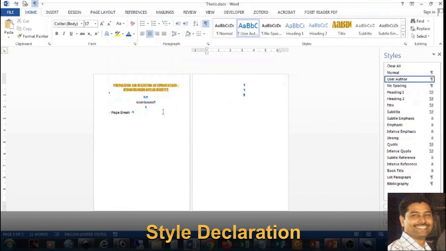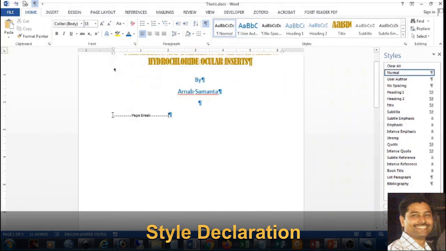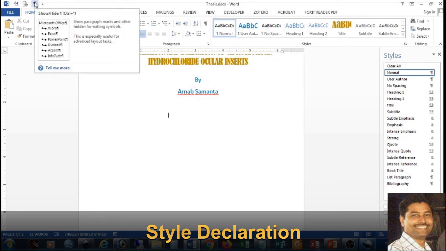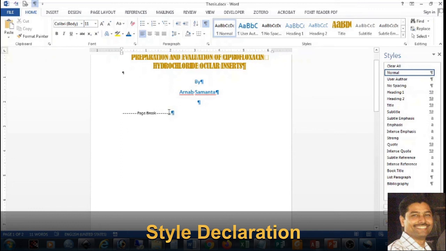Now you see a new page is created, and just wherever you have pressed Ctrl enter, a page break symbol is there. If I switch this one off, this is called the show all button, then that is vanished. But whenever I am bringing it back, immediately it is showing where you have pressed Ctrl and enter. So this is the page break. Here by force we are creating a page. So this is the method.